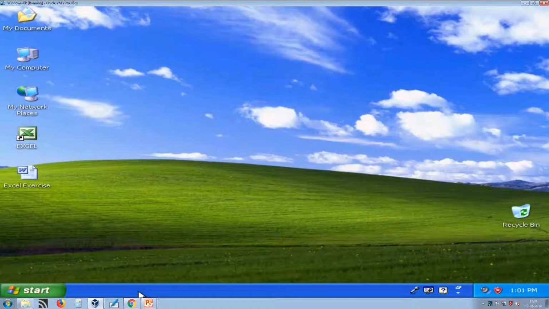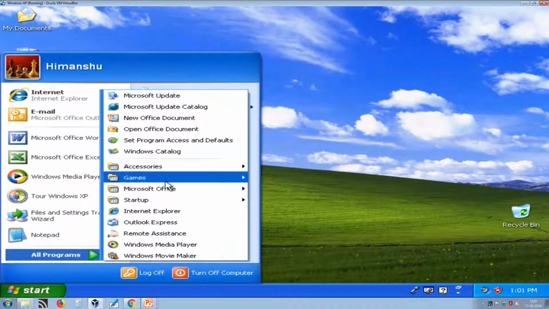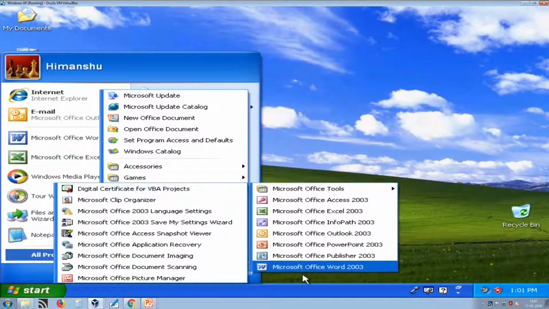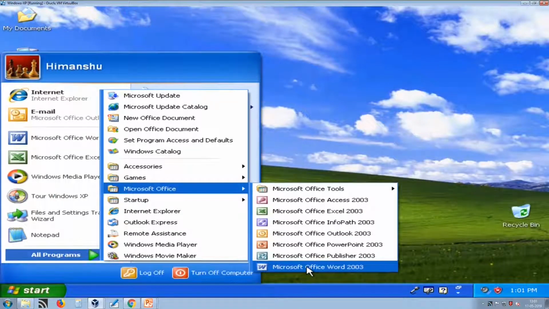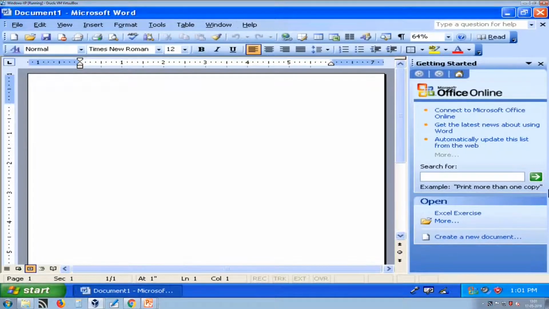So, let us start. Here on screen you can see this is our Windows. We have learned how to start Word. Just go to Start menu, then Program and then Microsoft Office, and you have to select Microsoft Word. This will open or create a new document in our Microsoft Word. So, suppose this is our new document.